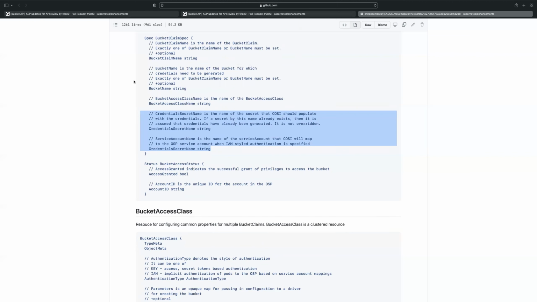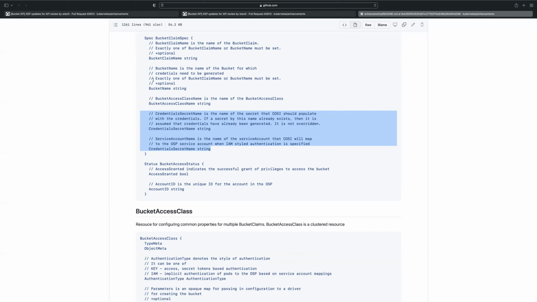So the conclusion to this whole discussion is both of these fields are not optional. The credential secret name has to be specified every single time because it is going to contain the actual secrets.